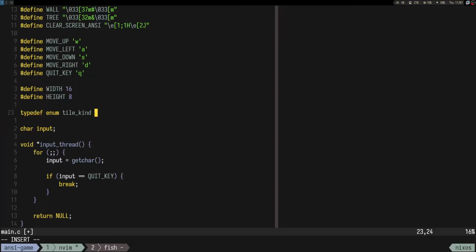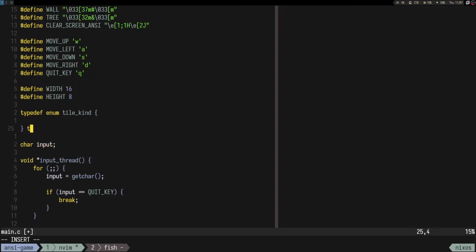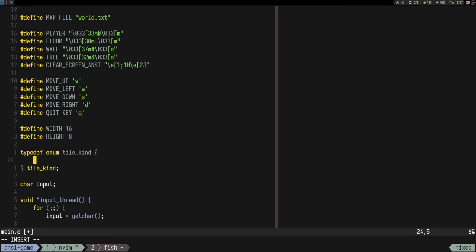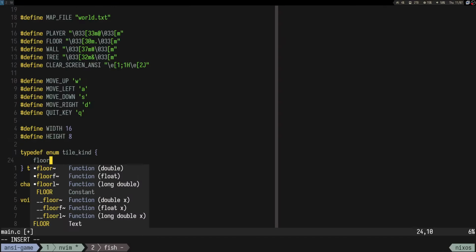Tile kind, so kind, and we can have floor,